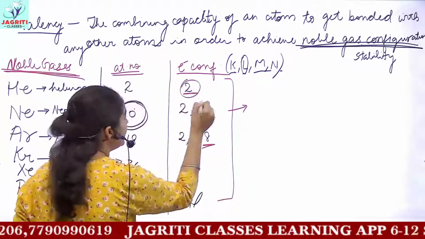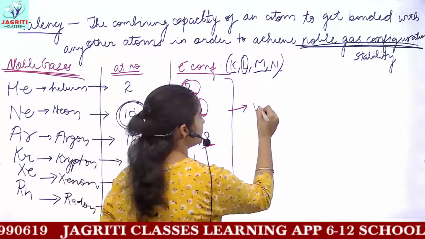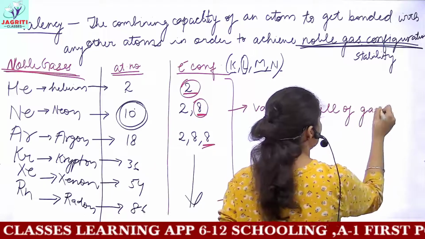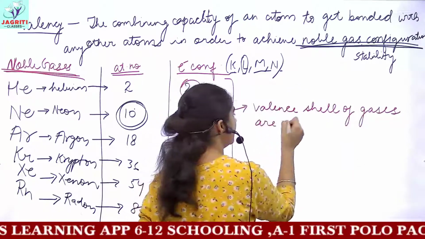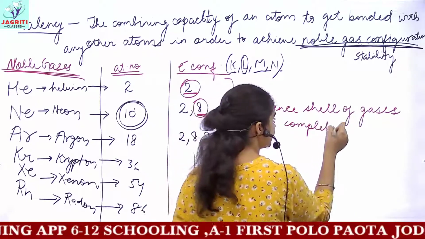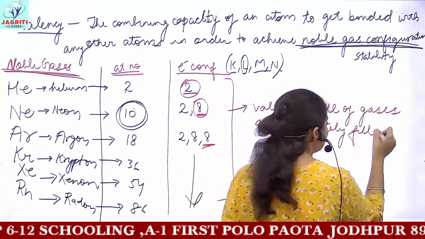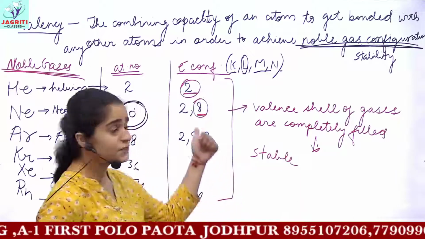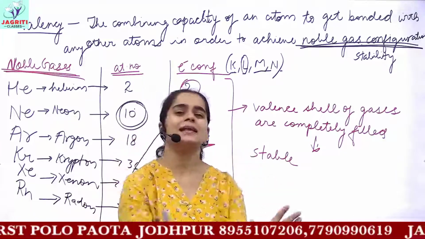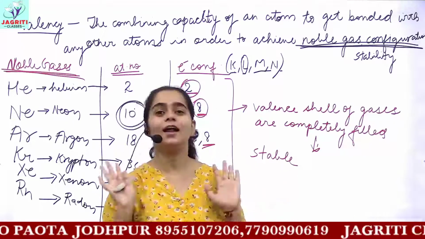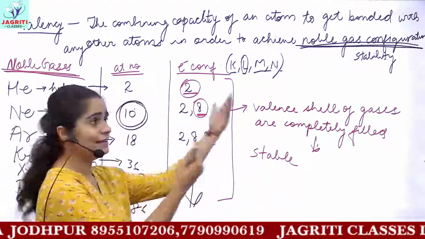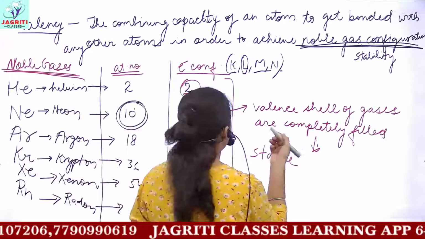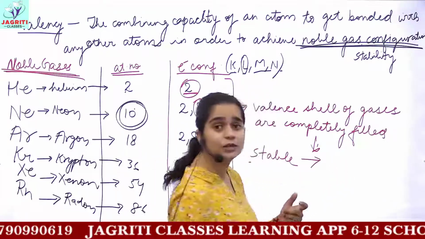They are already complete. You know that the valence shell of all these gases is completely filled, so these gases are stable enough because the valence shell is filled and they do not require any other gas, okay, to form a bond. They are alone, they are happy alone. So they do not require any other atom or any other thing to get bonded and become stable, because I have already discussed, and you also know, that for stability the octet rule is followed.